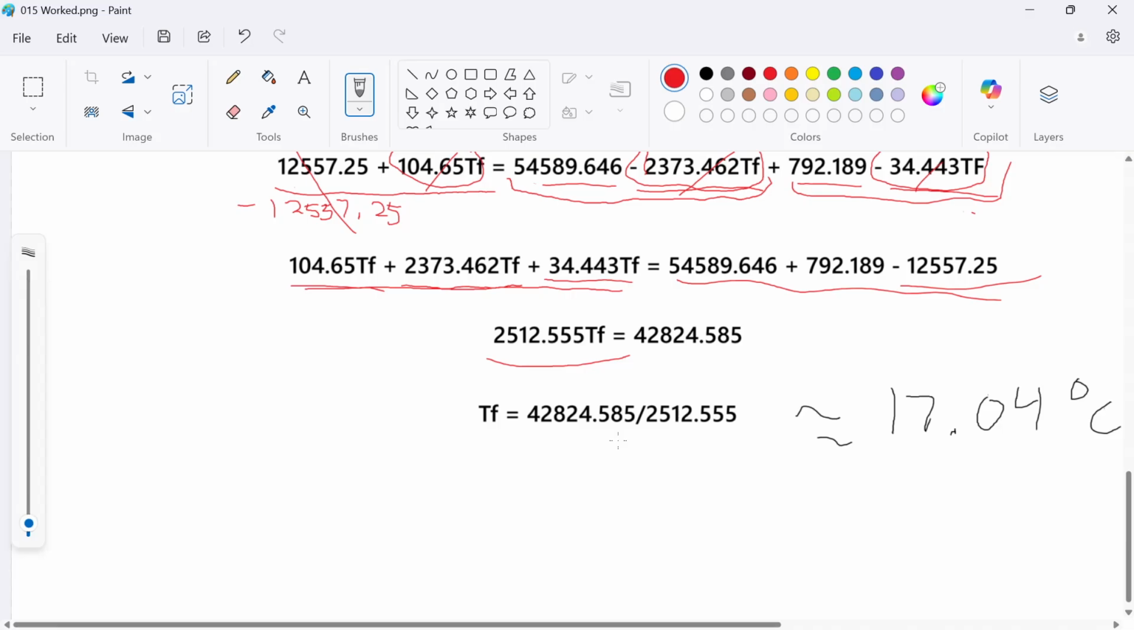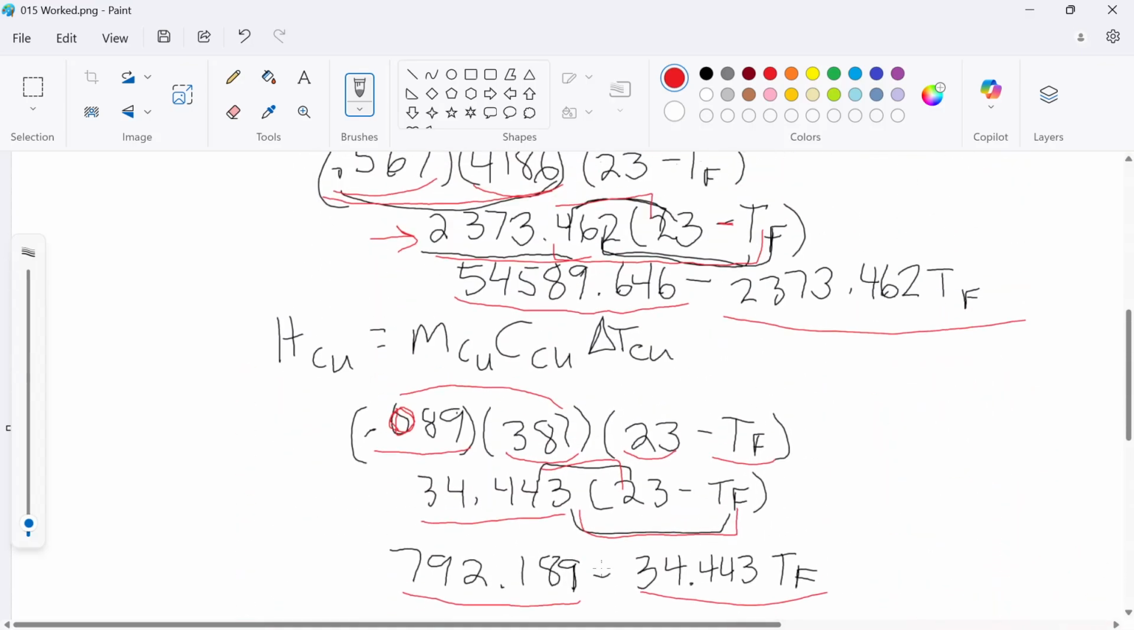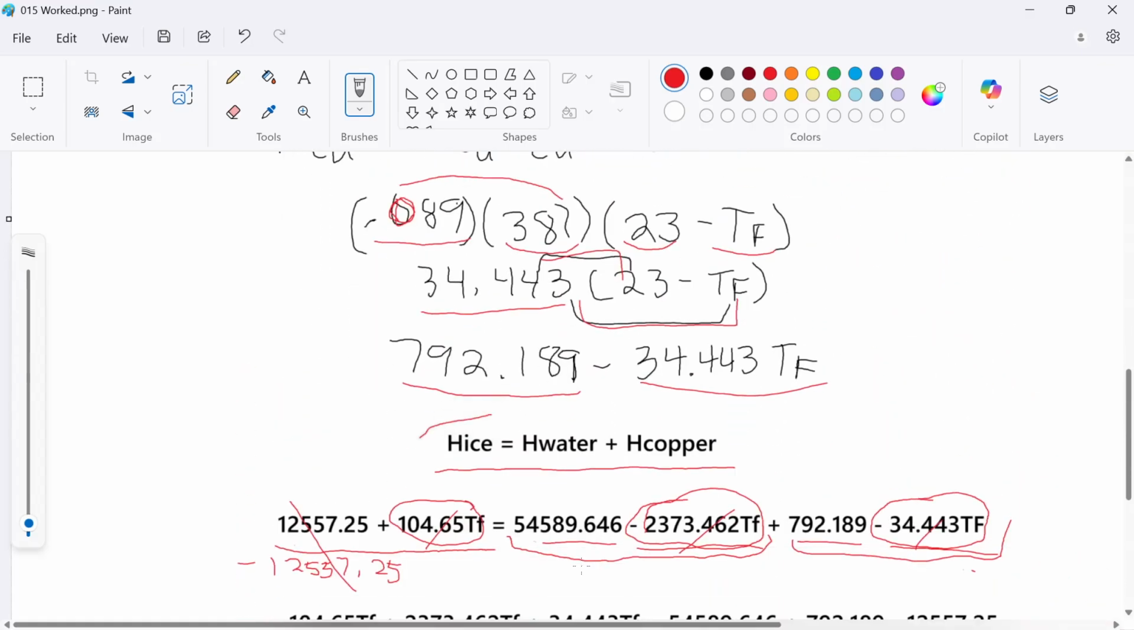12,557.25. That comes out to this part. And then I just divide. T final equals 42,824.585 divided by 2512.555, and that comes out to approximately 17.04 degrees Celsius. So this is the key that I have to know, that the heat gained by the ice